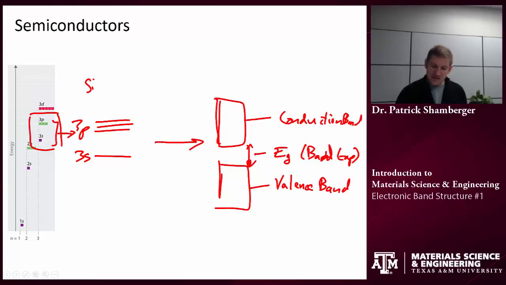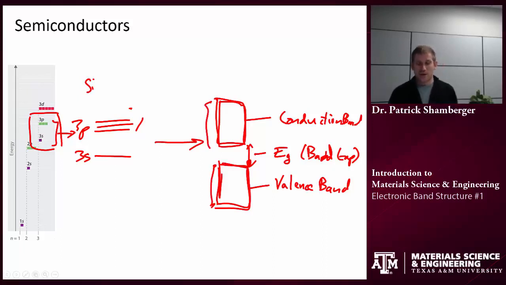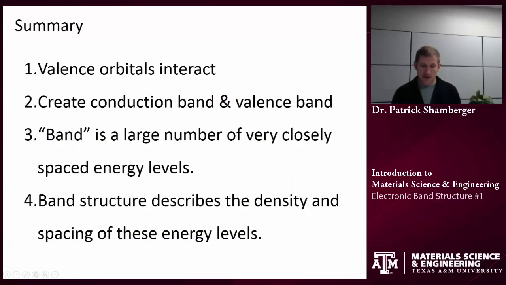And we get this separation between these 2 bands because I'm combining 2 different kinds of orbitals, and they're interacting and they're mixing, and they lead to 2 continuums, 2 bands, and a gap in between. Now in the next video, we're going to talk about how we fill these different bands and how that leads to metals and semiconductors. Okay, so the purpose, what I want you to remember from this is that we have